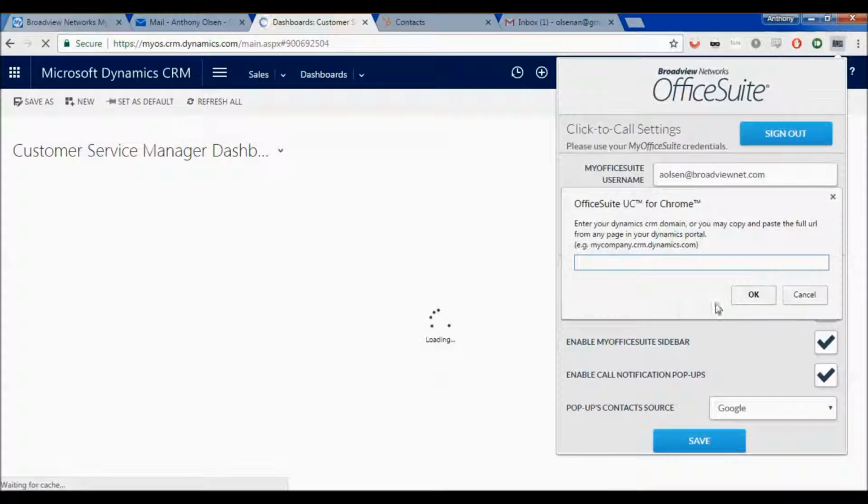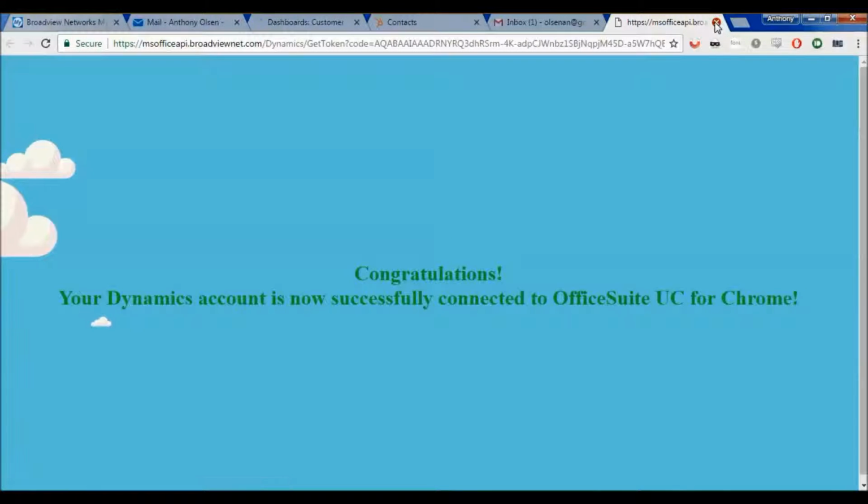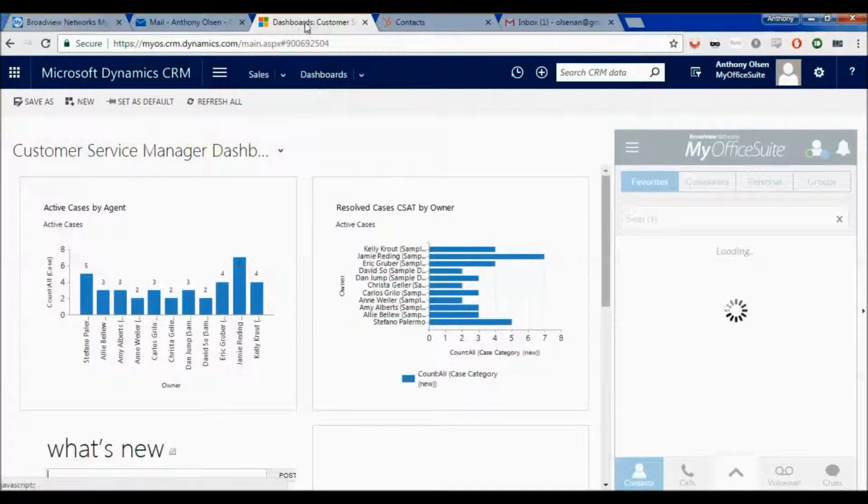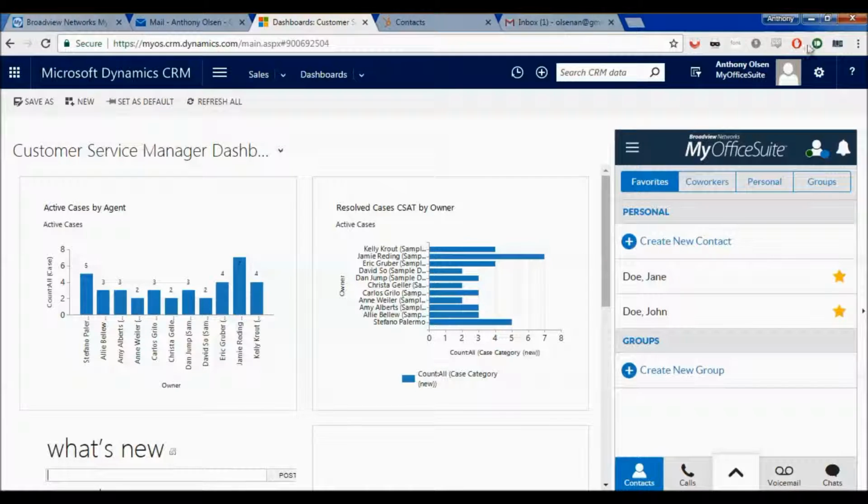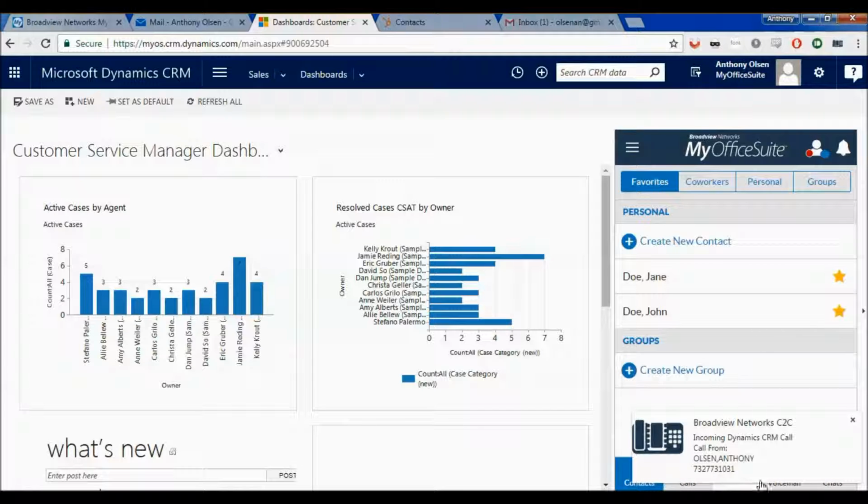To integrate with Microsoft Dynamics CRM, we're going to select the Microsoft Dynamics dropdown, paste in the URL that is for our Microsoft Dynamics account, and we are integrated with Microsoft Dynamics 365. Now, whenever we receive a notification, we'll actually get a little bit more functionality in regards to integration with Microsoft Dynamics. So whenever I click on this pop-up here,